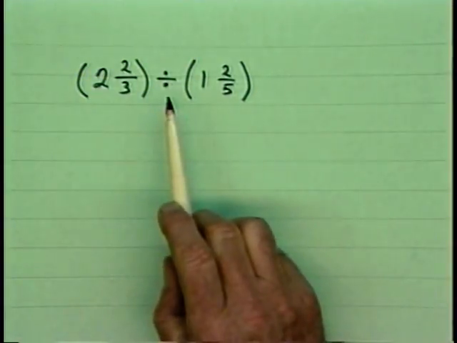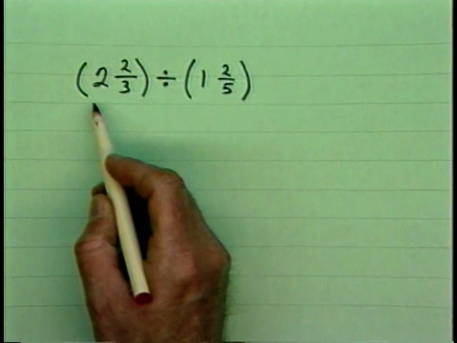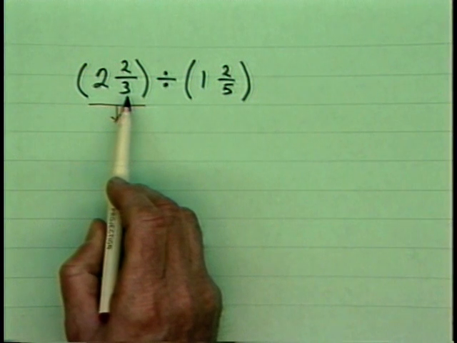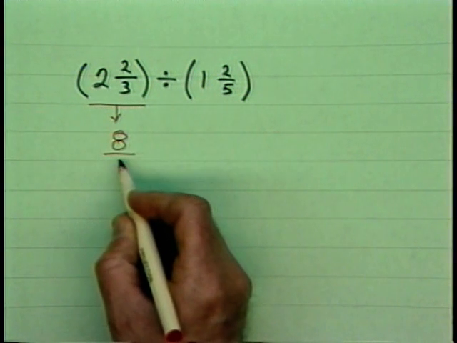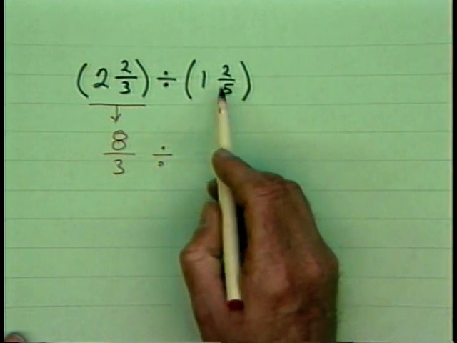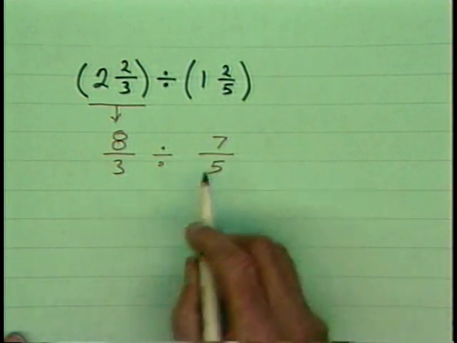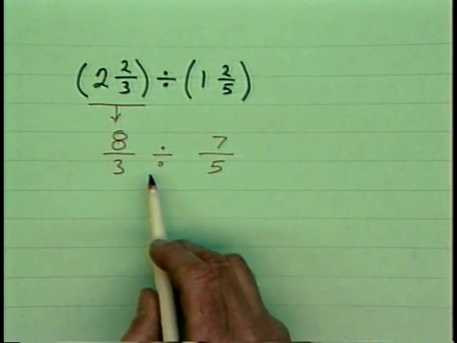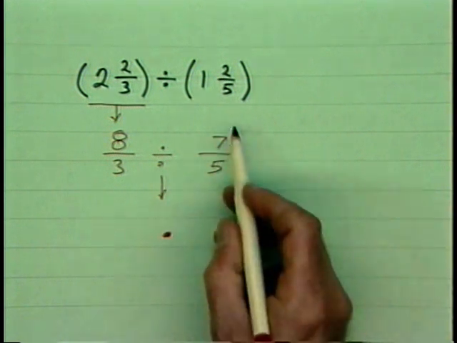Then, in this lesson, we simply move to the next logical step of dividing mixed numbers, recalling first that each mixed number can be changed to a fraction form. So this would be 6 plus 2 is 8 over 3. And this mixed number can be changed to 5 plus 2 is 7 over 5, being cautious not to cancel across division even if it seemed possible, but then recalling that division means multiplying by the reciprocal